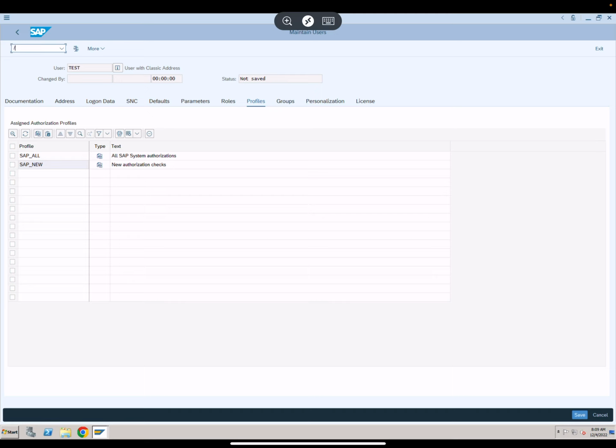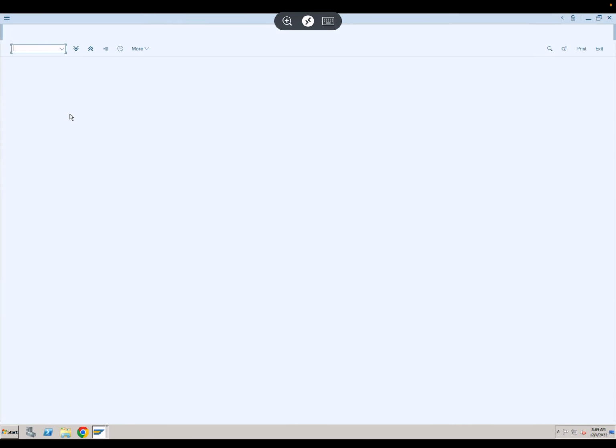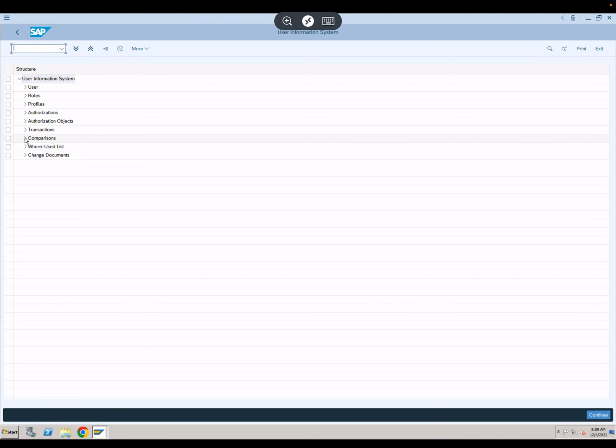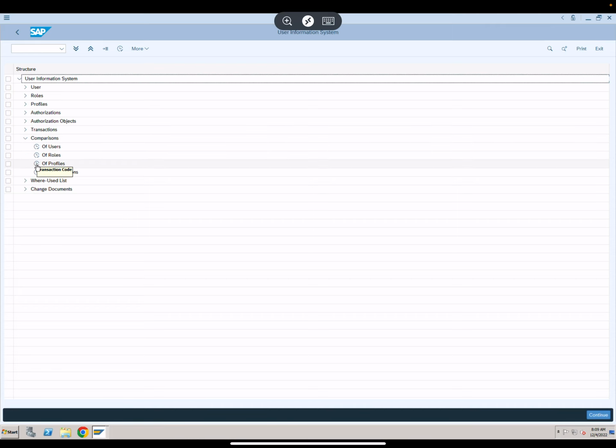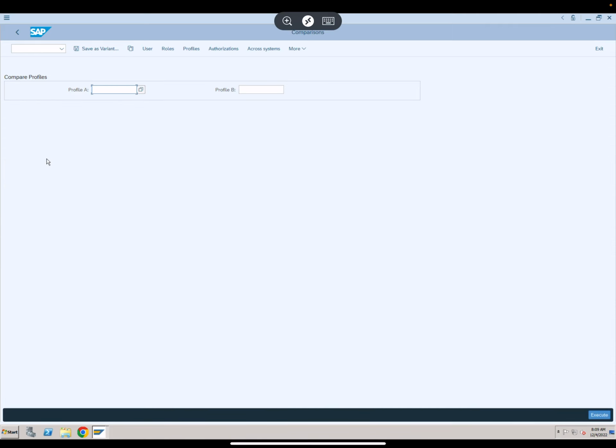So if you want to go deeper, let's see if we can see the actual comparison. If I go to SUIM, let's see if we can compare it. So if you go to compare, and if I say compare profiles, let's compare these two profiles just to give you more clarity. So what I'm saying here is, please compare SAP All to SAP New profile. So again, this system, if you see,